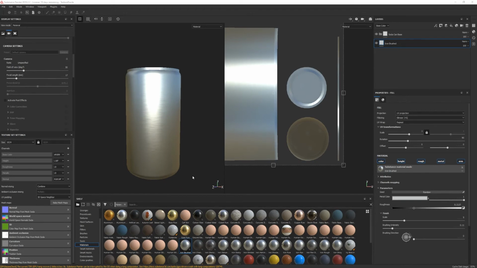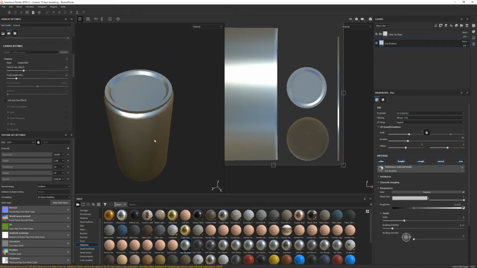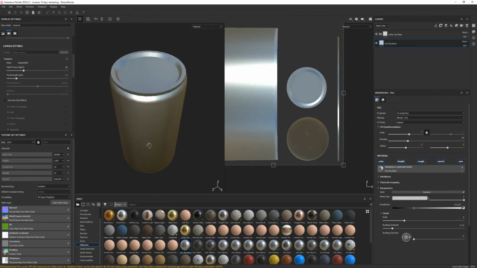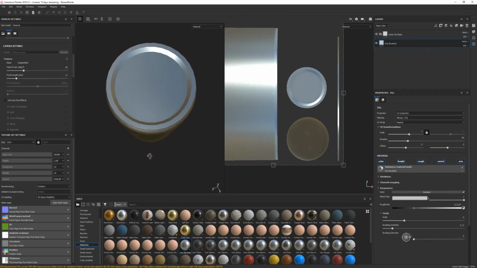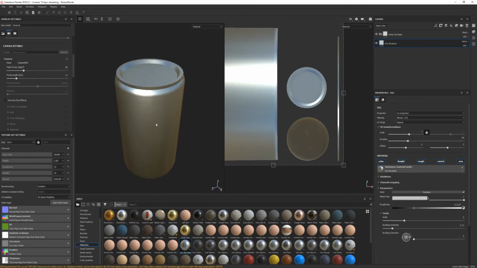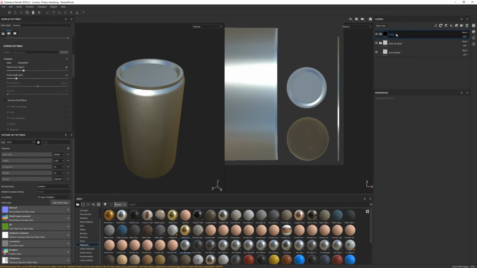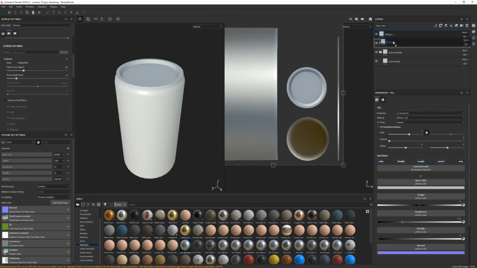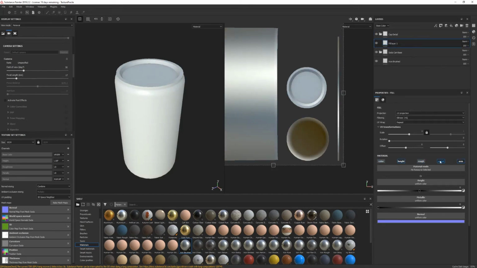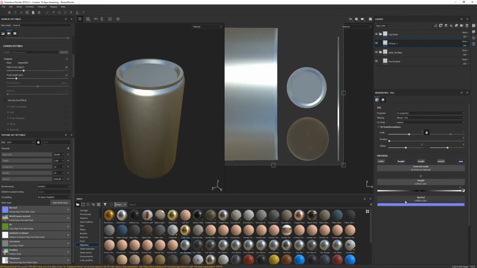So now that we have our base, I want to add the iconic soda can top to this, like the pop lid, maybe some circles around it, and some text. So first off, I'm going to drag this iron brush into the base layer, minimize that, and create a new folder. Drag it to the top, and I want to call this cap detail. I'm going to create a new fill layer, drag it inside that, turn off color, roughness, metal, and I'll leave height. Let's bring it in a little bit actually, just so we can see what's going on. Create a black mask for this,